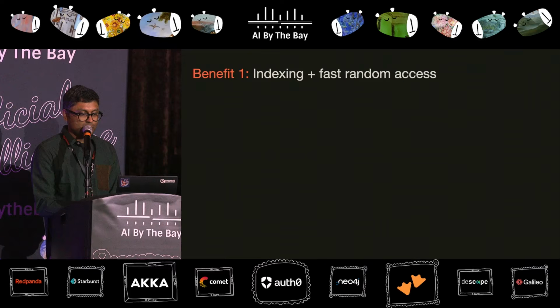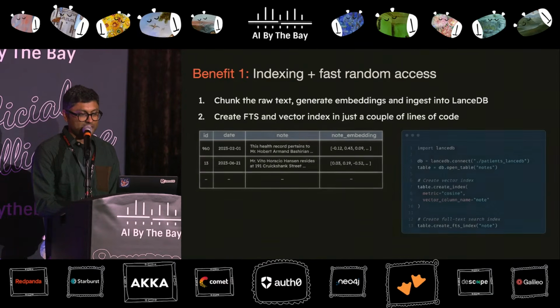So the first thing to note is that you have very fast random access and the availability of multiple modes of indexing. The typical workflow would be you run a vector search lookup, so you create a vector index. What you do here is create a new column called embeddings alongside the table that already existed before. And you may also create a full-text search index alongside this, like a BM25 index that supports keyword-based searches.